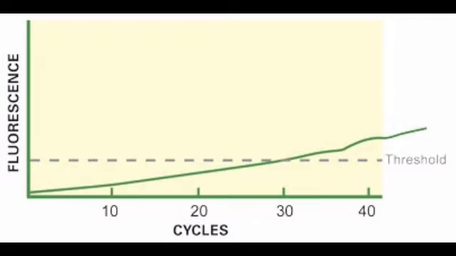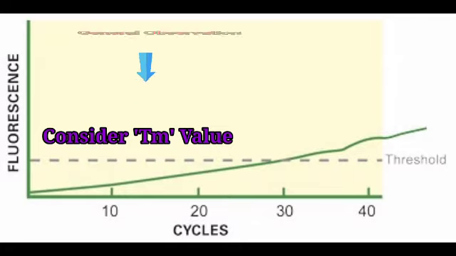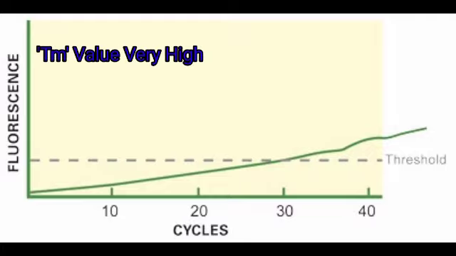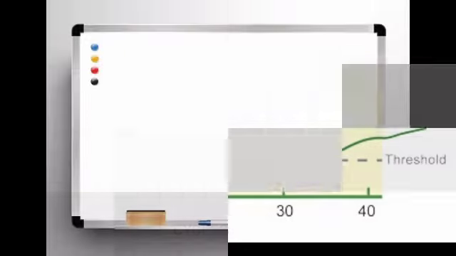If this is a general observation of your assay on clean standard materials, then the first thing to consider would be the Tm value of the cycling. Tm value is the melting temperature of the cycle. So if this is too high, your amplifying primers can't bind down on their priming site as effectively as possible, reducing your maximal per cycle efficiency and leading to a slow phase 2 area.